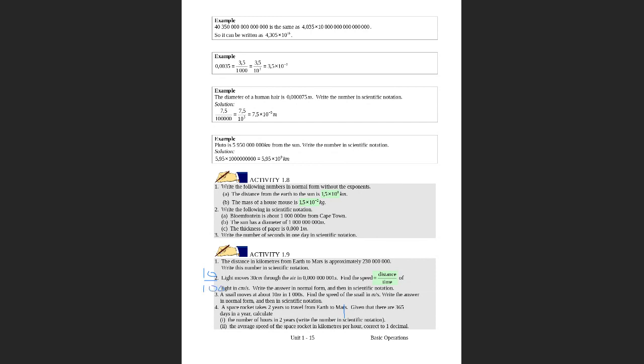Speed is distance over time. So we are going to have 0,01. This will be in the normal form. So in scientific notation, the comma will move 1, 2 places. So it will be 1,0